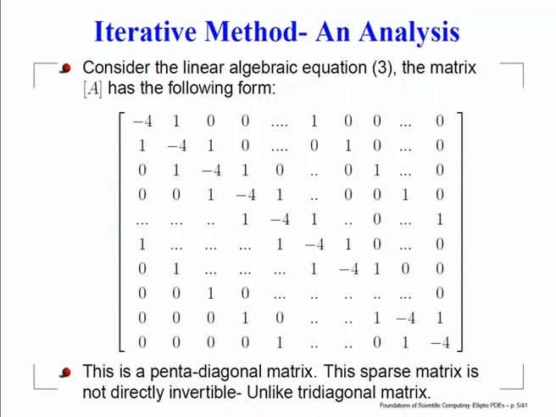The A matrix looks like this. The diagonal term comes from that 4 u i j, the minus sign, and then you have one point to the left, one point to the right coming from the x derivatives. And please be